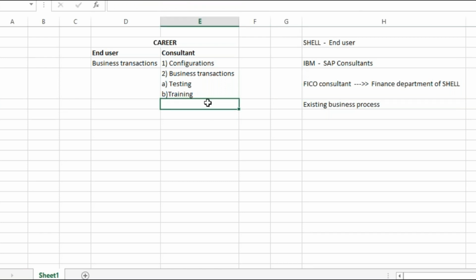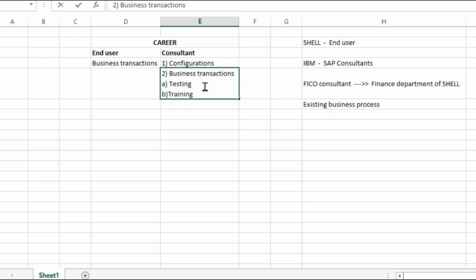I cannot hand over the system after the configurations are over just like that to the end user. It has to be properly tested and error free. When the user starts posting transactions, they should not encounter any kind of error or messages.